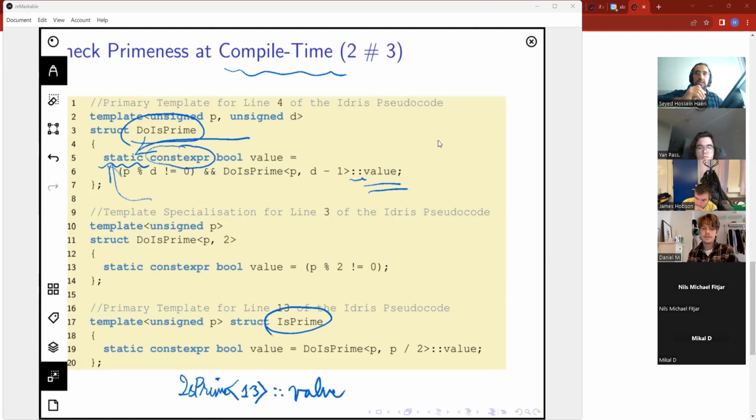So this expression reduces to true at compile time, right? Because this static data member does not need to wait until runtime for it to be acquired.